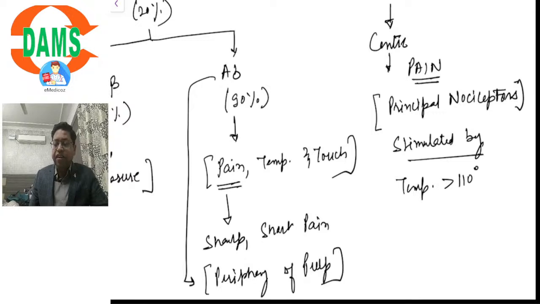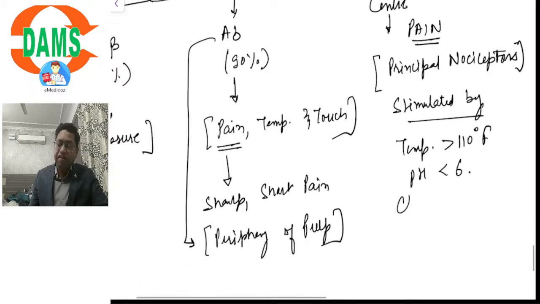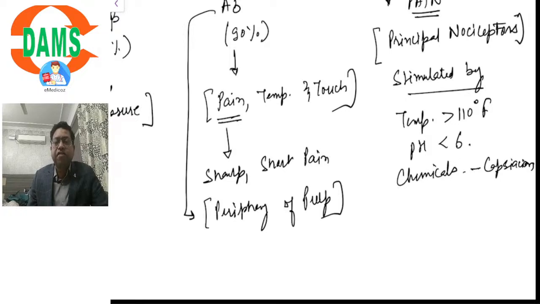greater than 110 degrees Fahrenheit, acidic pH less than 6, and certain chemicals like capsaicin. Capsaicin is basically a chili extract that has the potential to stimulate the C fibers. Chili peppers it consists of. Okay. These various methods of stimulation of C fibers are present, and because these C fibers are the principal nociceptors